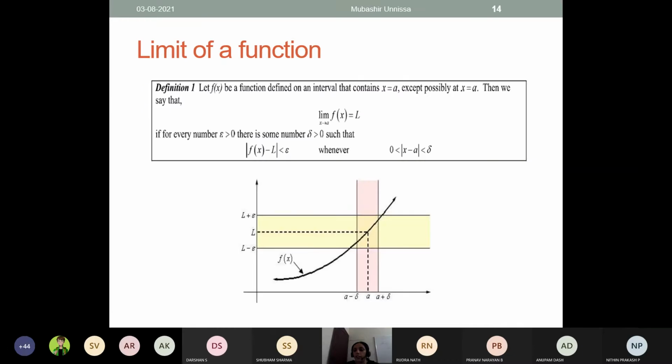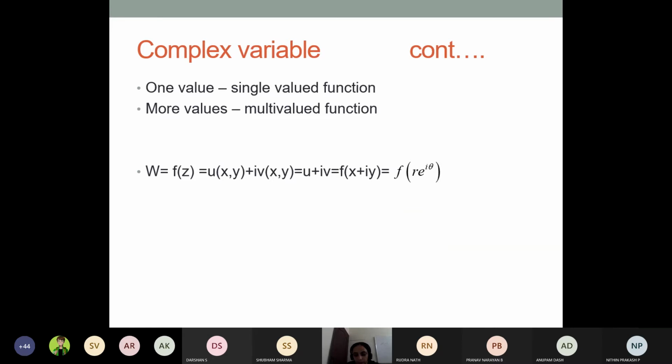Then a little bit of limit definitions also we need. So we'll just talk about the limit. Can anyone define a limit? What is a limit? A certain function or variable which reaches a certain point, but it's around in the neighborhood of that point, but not exactly at the point. The neighborhood should be finite, right? Less than some small quantity. That is very important. You have to take care of that small quantity.